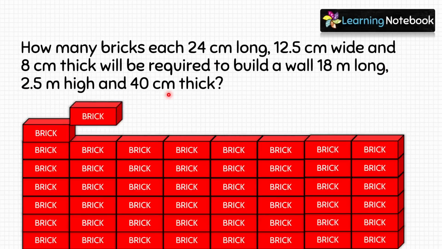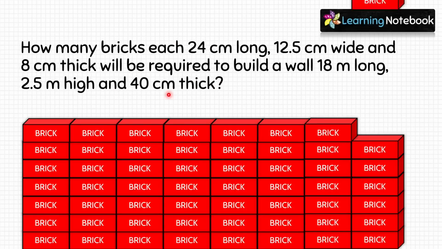And the dimensions of one brick are given as 24 centimeter length, 12.5 centimeter breadth and 8 centimeter height. So here students, we need to find the volume of this wall as well as the volume of one brick. And if we divide the volume of the wall by the volume of one brick, then we will get the number of bricks required